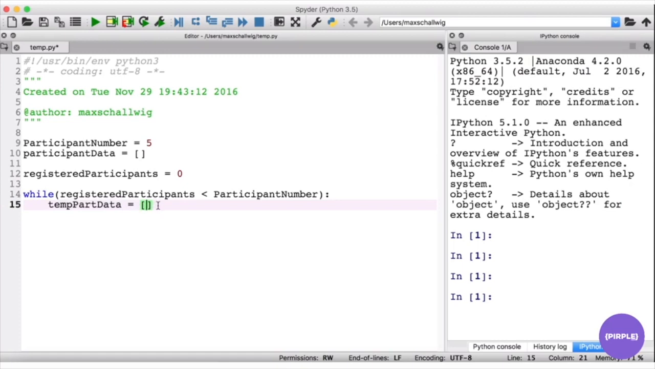So it's going to have the name as the first element, then the country of origin as the second element, and then the age as the third element. This will overwrite every loop, but we will add it to the participant data in the end. So this is just our temporary data holder. So let's start off, and the first thing that we want to do is ask for